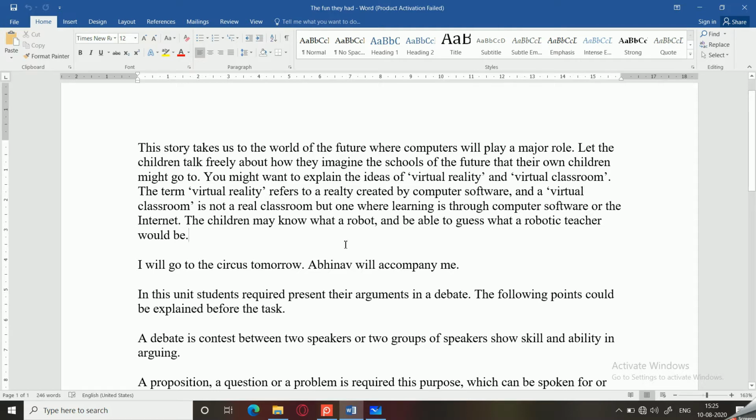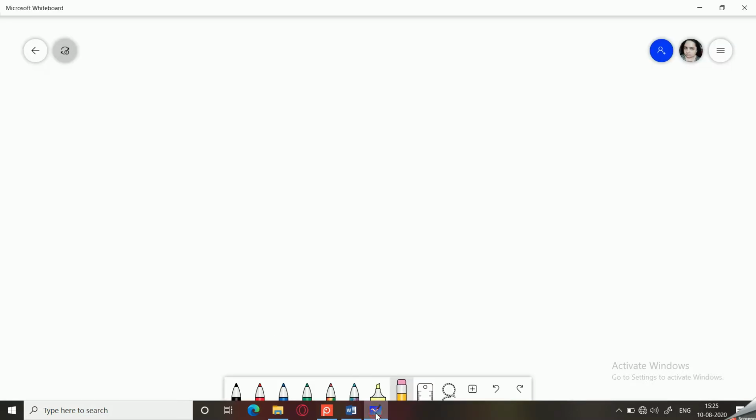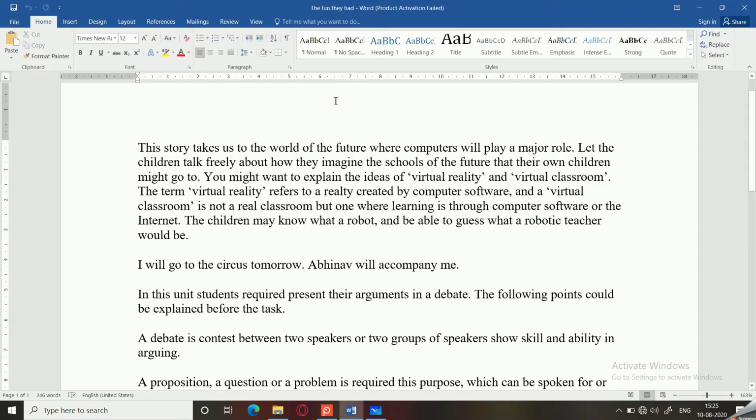The shortcut key for find is Control F and the shortcut key for replace is Control H. Let's see how these work.